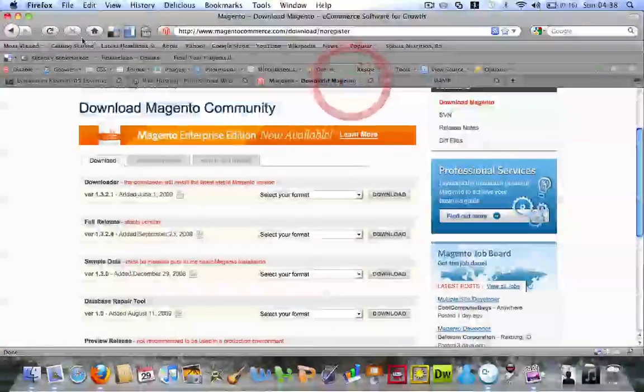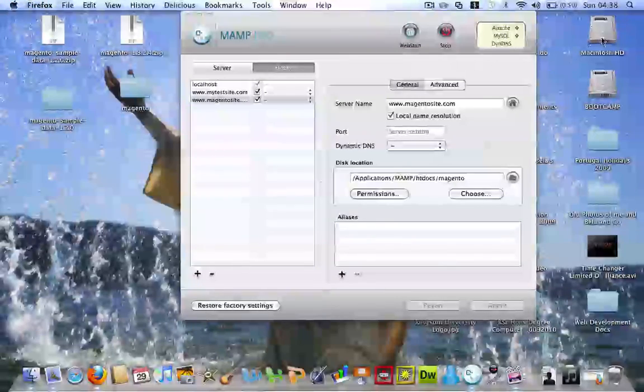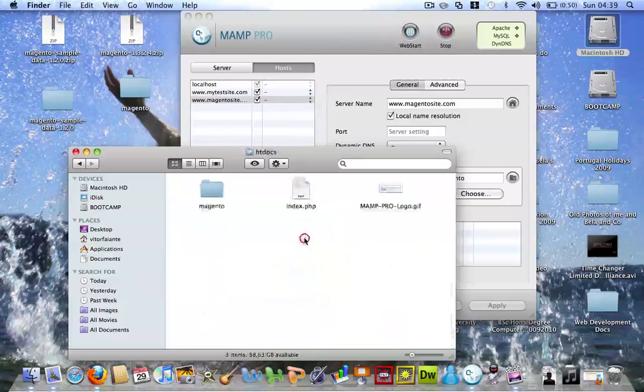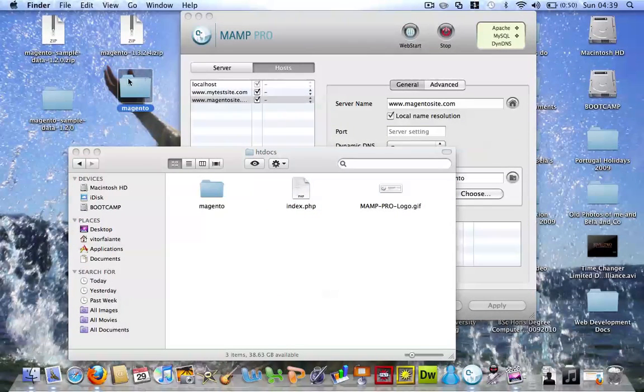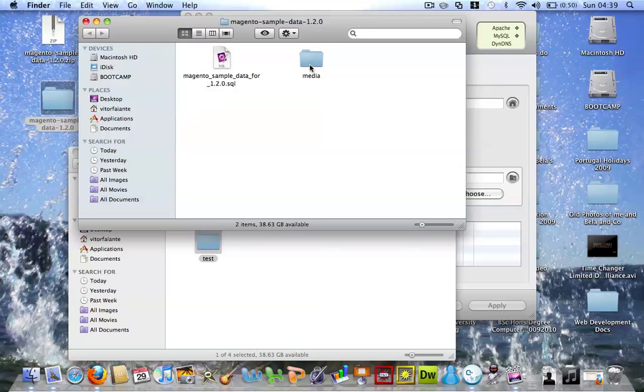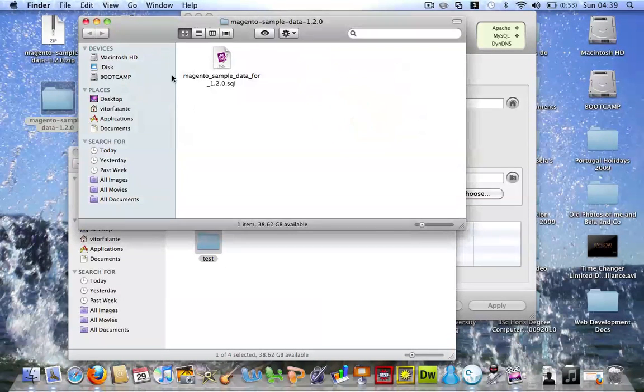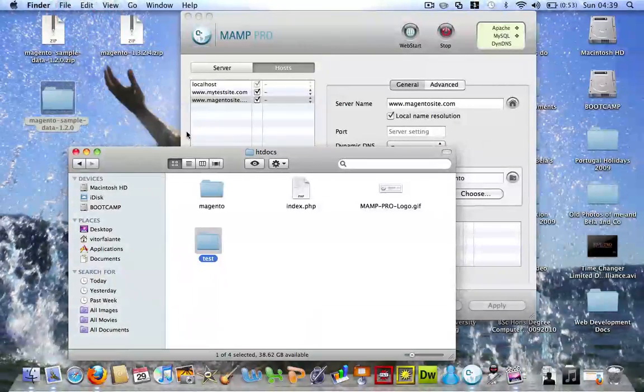Don't completely close it. Now what you have to do, you need to go to your MAMP folder, htdocs, and this folder here that says Magento, which is the whole Magento folder with everything you need to do. I'm going to actually name it and put it test. Put it in there. Open up again the sample folder, I'm sorry. There's a media folder there. You just copy into there, into the test folder, say replace, close it,